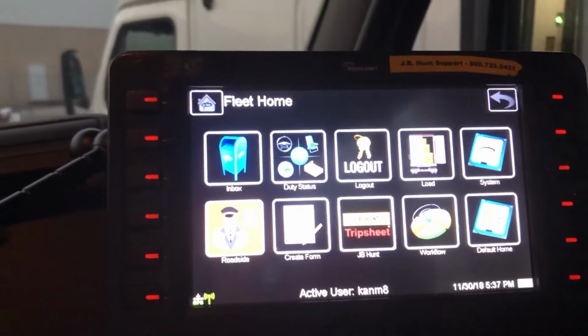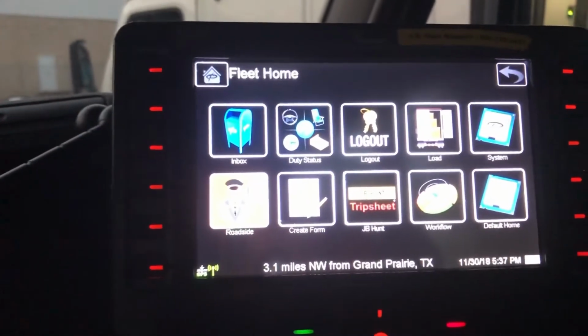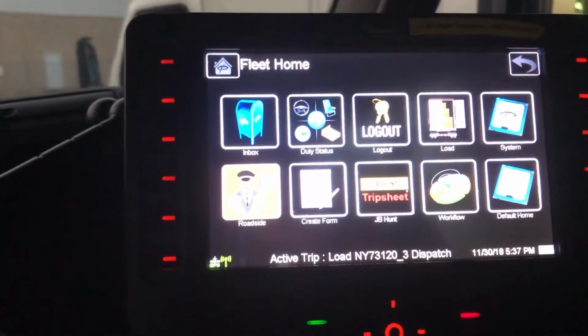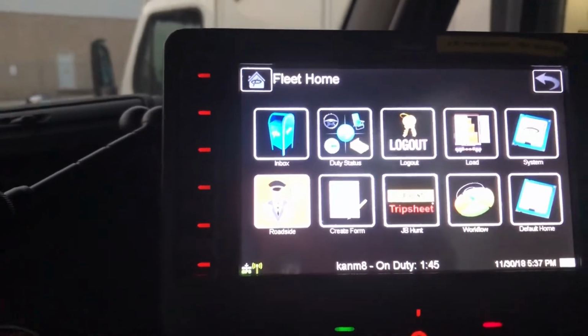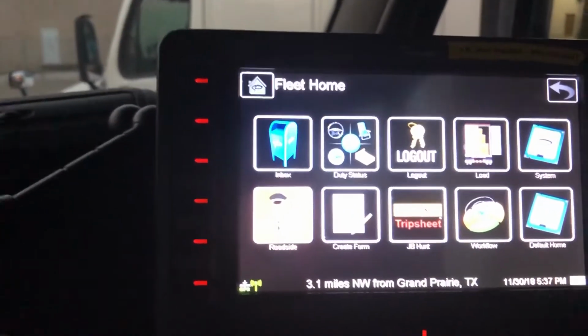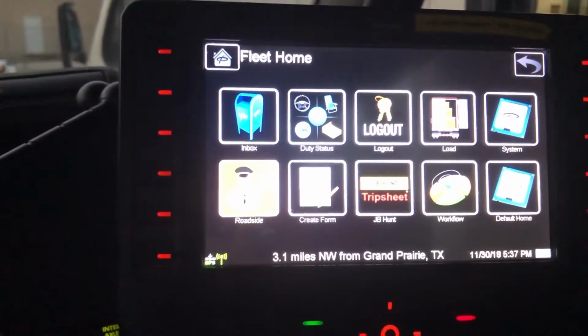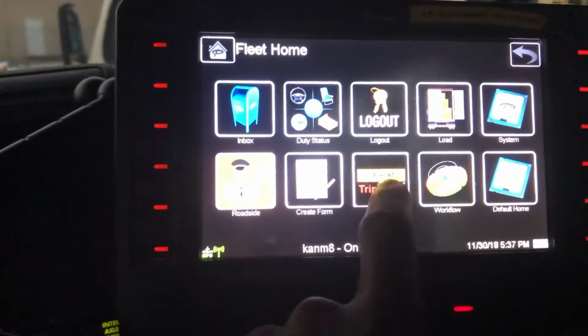Okay, so of course this is the PeopleNet. If you look at the video where I talked about the PeopleNet, I showed you how to put whatever you want on your home screen. So for me, trip sheet is one of the things that I have on my home screen to help me access it easier. So when I go to trip sheet,